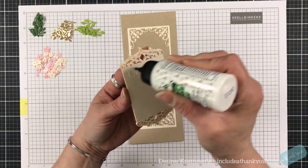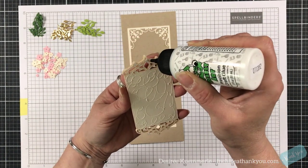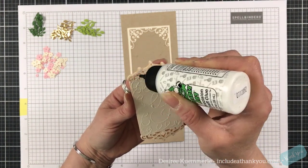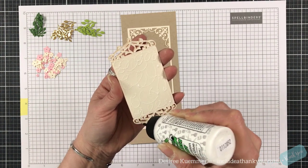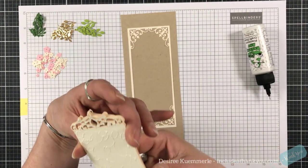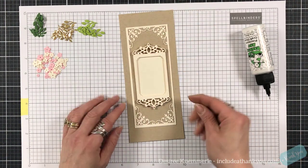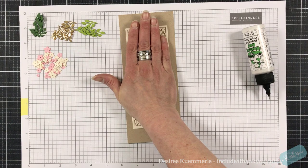Now for this bottom piece, I am going to put glue all over. So not just along the frame, as you hear that awesome scratching, but I am also going to put it on the base in the flourishes of this piece, because I do want this to be flat. So I'm going to put just a few more dots than what I normally would, and just make sure a lot of this is covered, because I do want this base to be right down onto my card panel. Okay, so I'm just going to grab this, and I'm just going to wiggle this back and forth, and I like that there. And now I'm just going to press down, and I'm just going to hold that for a minute or two,